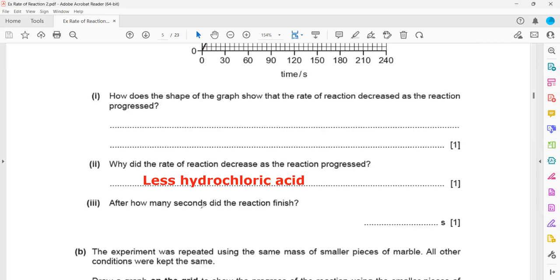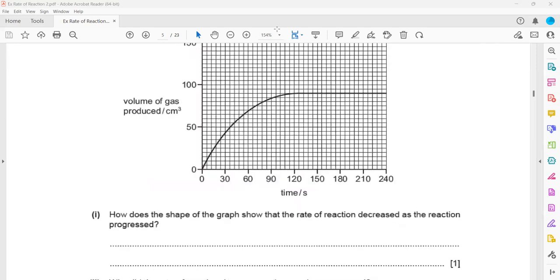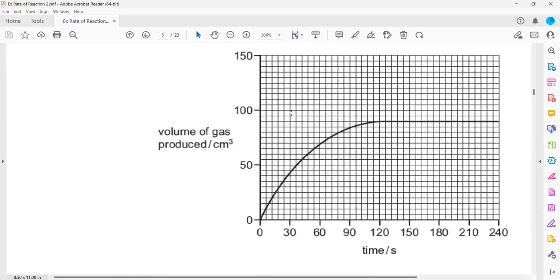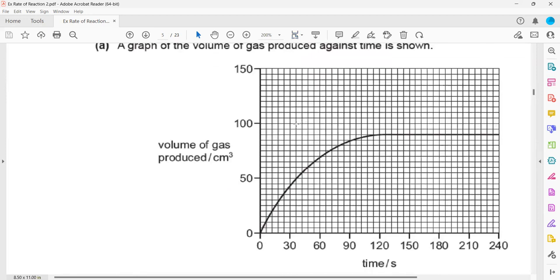How many seconds did the reaction take to finish? How much time does this reaction take to finish off? What is the time taken by this reaction to stop completely? So how to work out? Yeah, that's right. So how to work out? This is a point where the reaction appears like it's still a curve. But this is a point. If I zoom in,